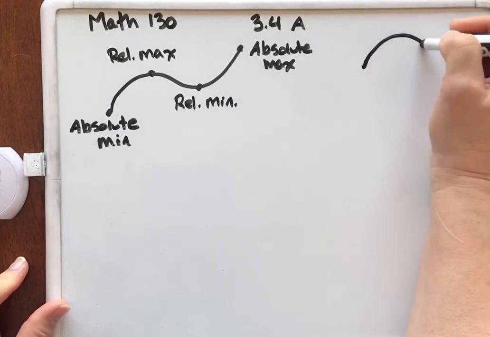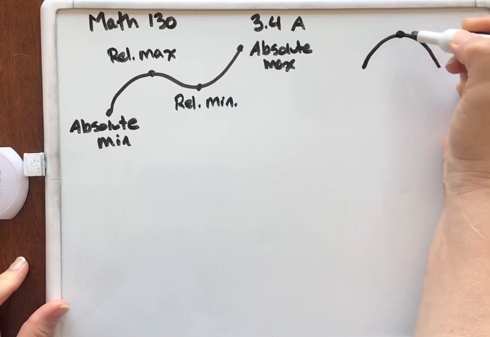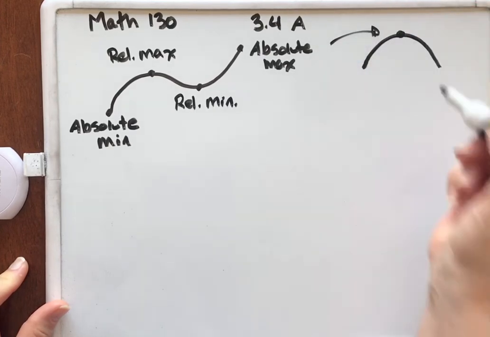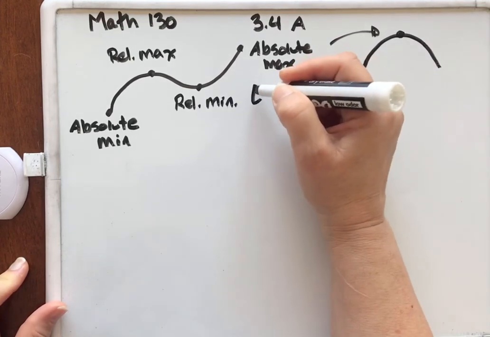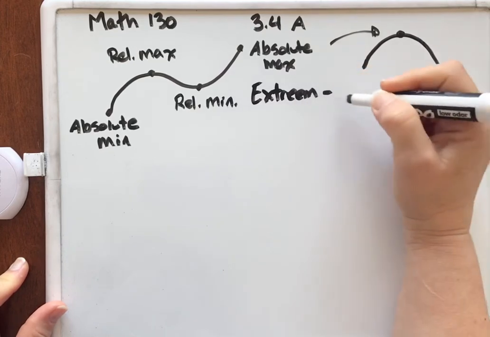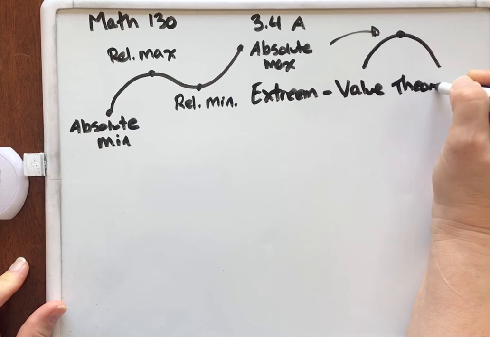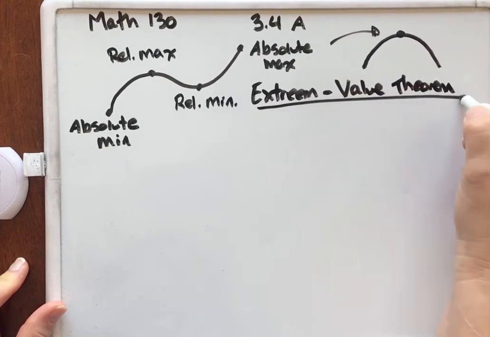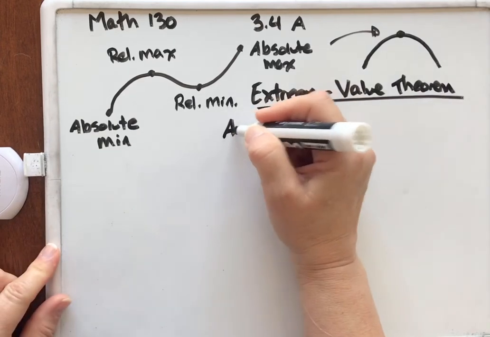For example, let's say we have a function like this. This is our absolute max as well for this particular function. We have something called the extreme value theorem. The extreme value theorem states a continuous